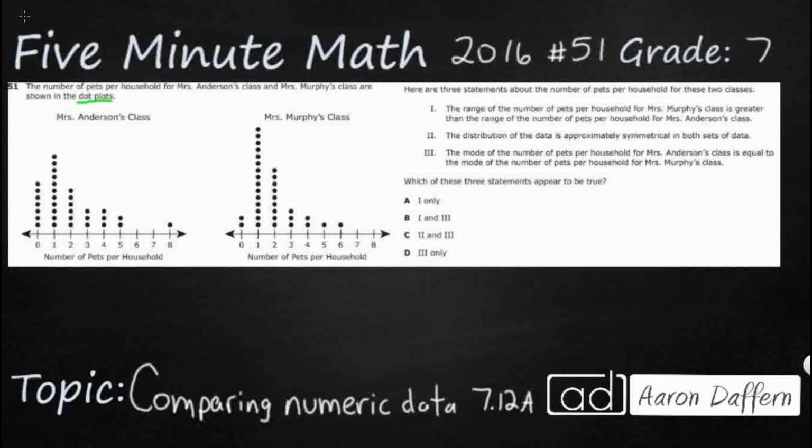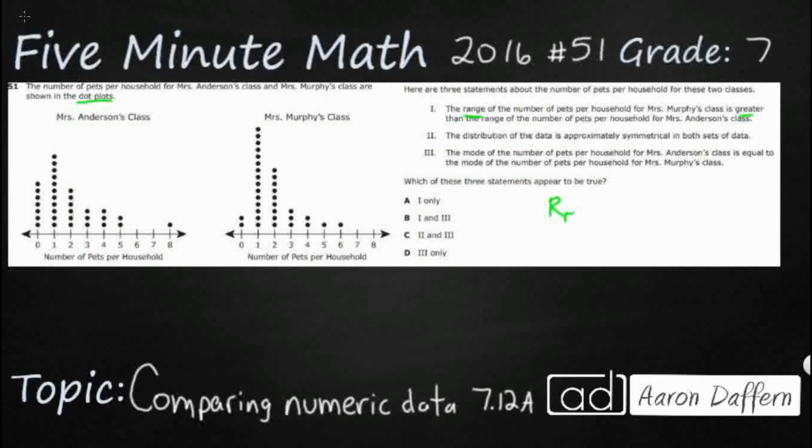So let's look at these statements one at a time. So the range, that's something we're going to have to look at right there. The range of the number of pets per household for Mrs. Murphy's class is greater. So they want Mrs. Murphy's range to be greater than the range of the number of pets for Mrs. Anderson's class. Okay, so let's look at those two ranges here. So I'll just do range of